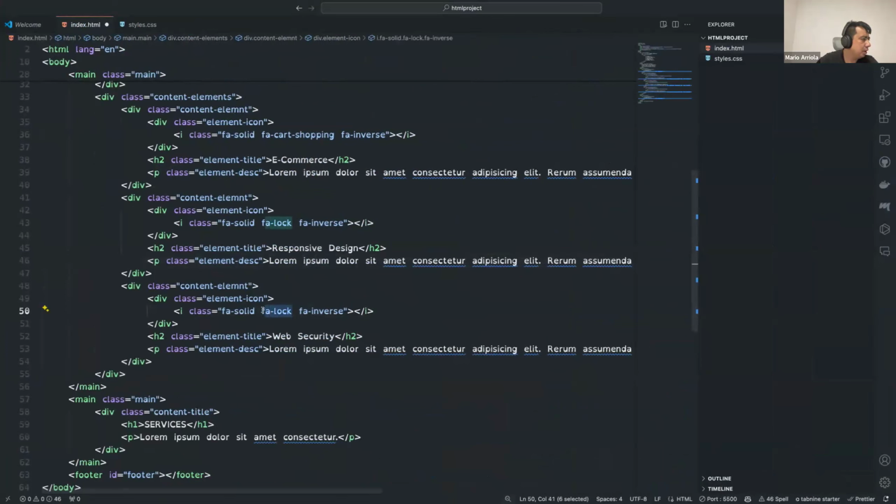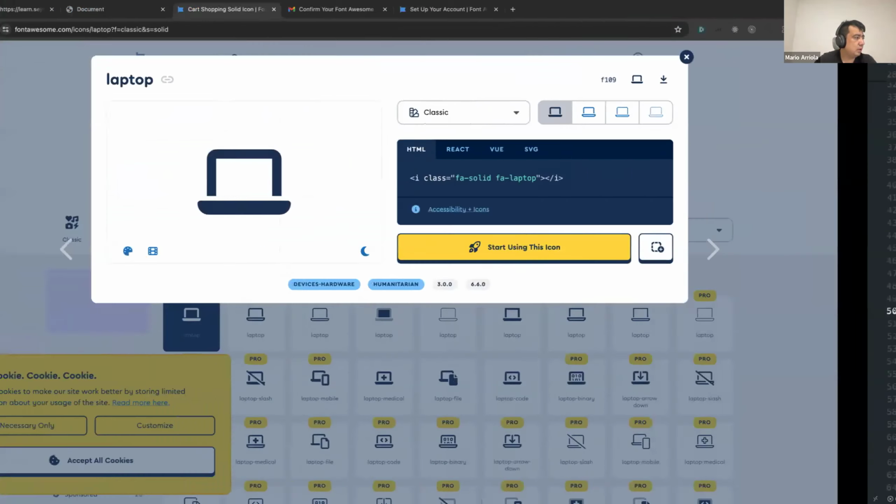Laptop. Oh, we have to move this guy here, this guy here, and